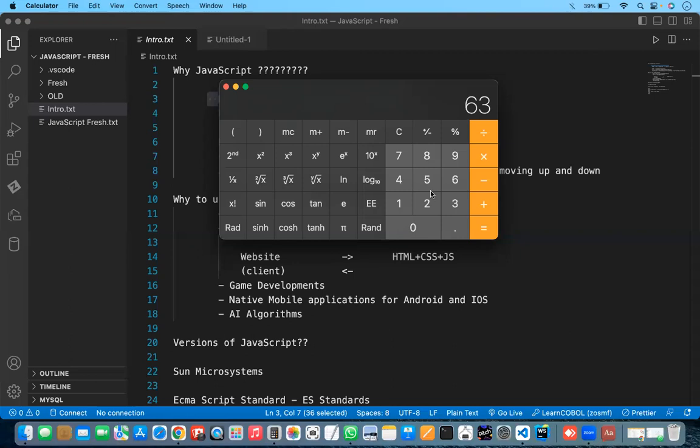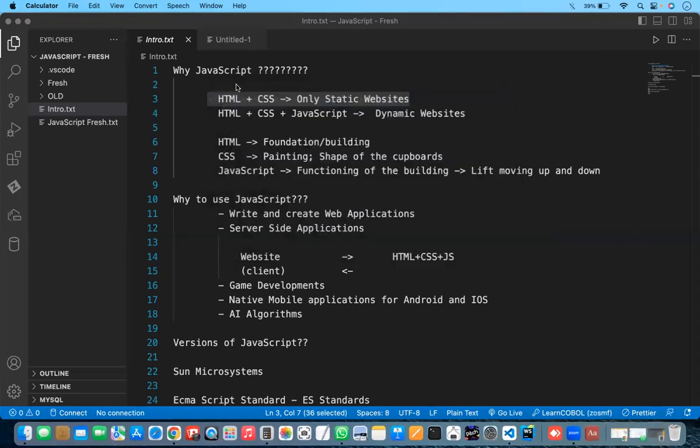Whatever you ask, only what is predefined will happen. This is what changes when using JavaScript: you will be able to do the actual calculation, you will be able to perform it. Those kinds of websites are nothing but dynamic websites. To put it in very simple words,